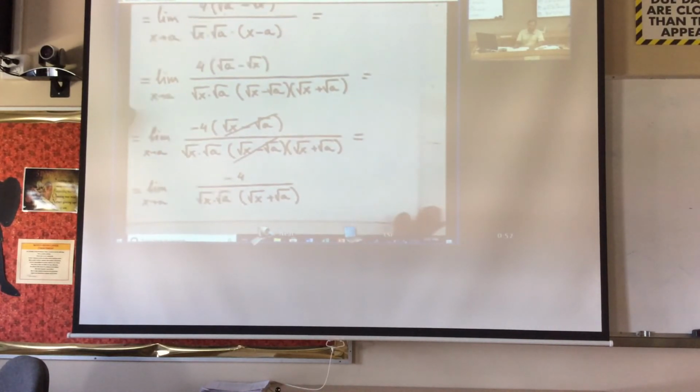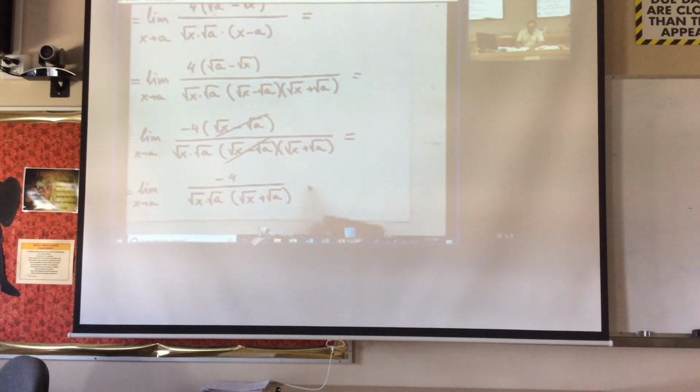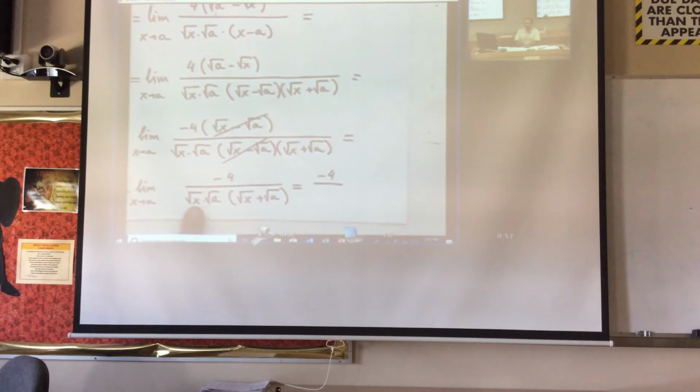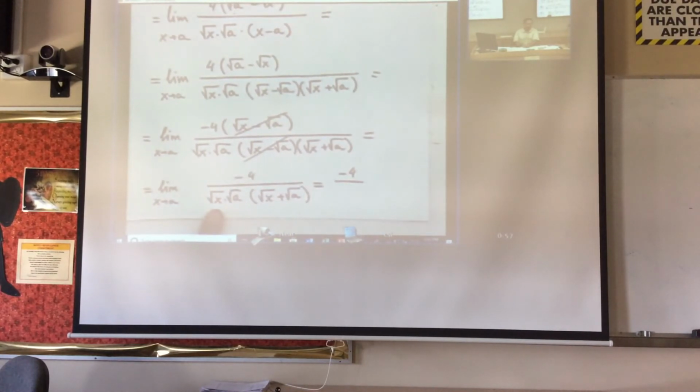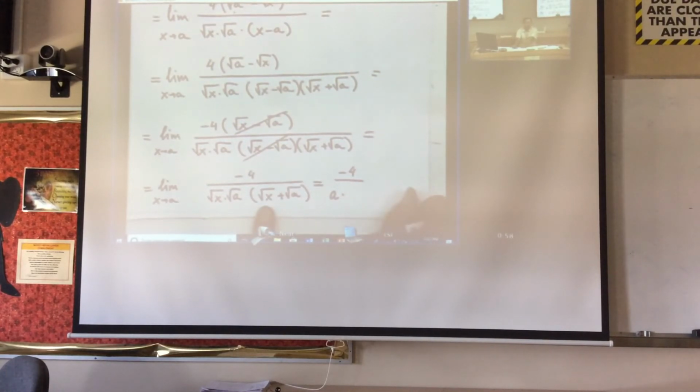Now we have to substitute, right? So let's see what we get. We get negative 4 on the top. What do we get right here when you substitute a? You get square root of a times what? And that is a, okay? Times, and then you put a here, so you get square root of a plus